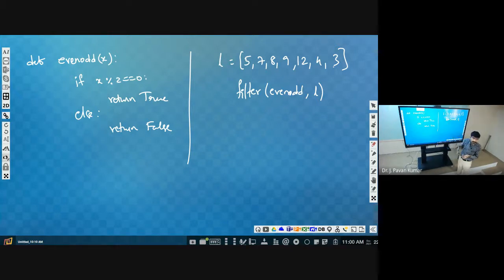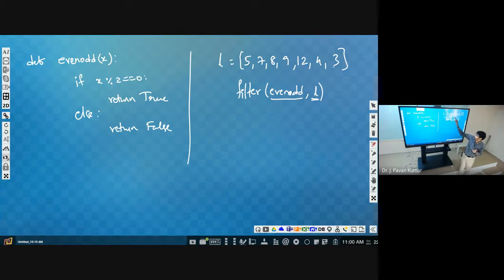Here you see, even_odd. From L, it will take one element. So 5 it will take and apply this particular function. even_odd of 5, what will it return? False. So it will not consider it.